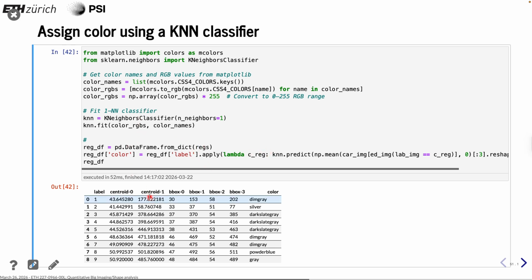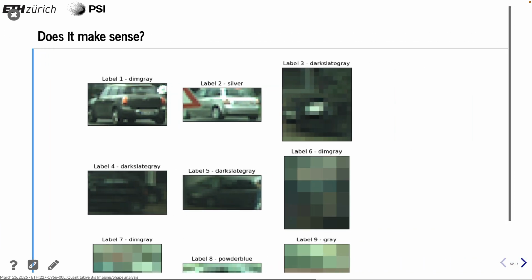And apparently it gives us a list here. Everything is pretty gray apparently, but if you look at the picture, it is actually also. And if we look at that one, it says this one is dim gray, this one is silver, that is dark slate gray. I think it's more greenish, and so on. So it tells everything has some kind of grayish color, even though I would say that it should be green, but